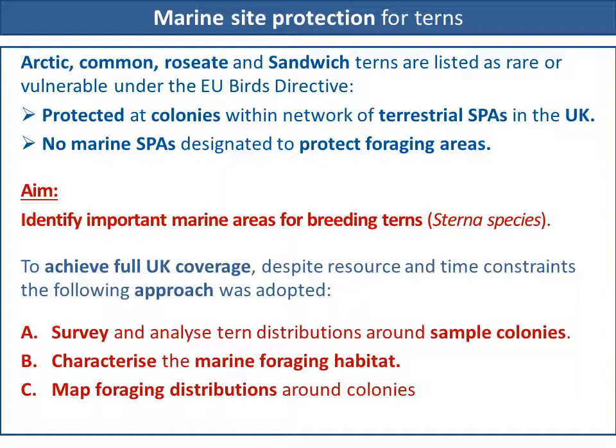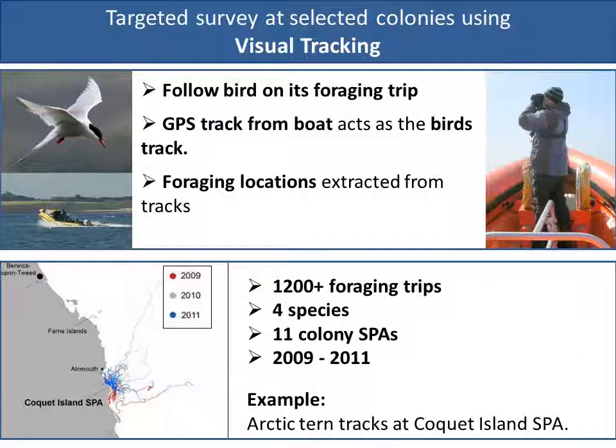So first of all, we surveyed a sample of colonies, and then we analysed this information to characterise the marine foraging habitat, and then we could map the foraging distributions around colonies, including colonies for which we hadn't collected any data. We used a method called visual tracking, where we follow birds in a boat, and the